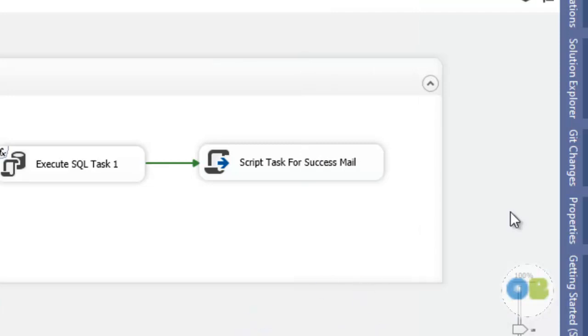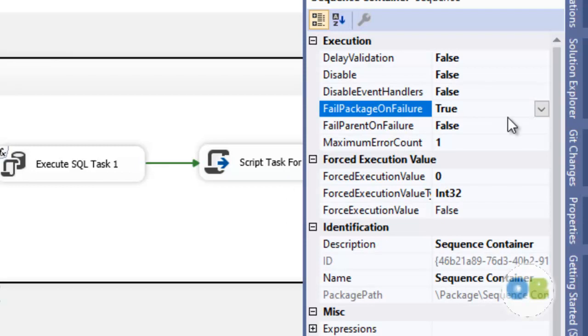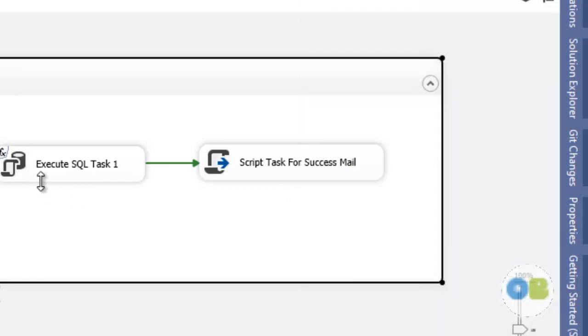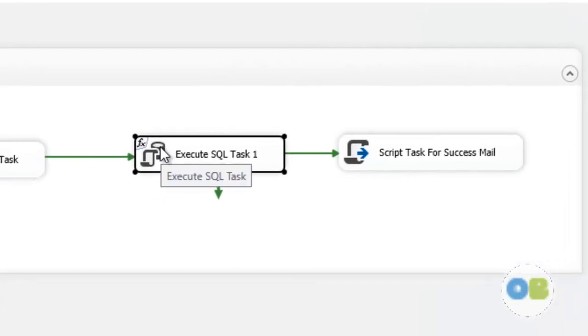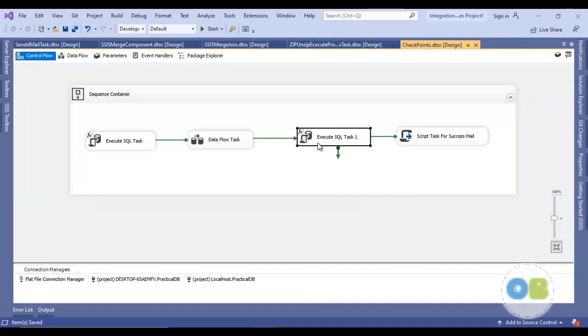So what will happen with that property? If I make that property true, it means that if any component fails, suppose this component fails here, then automatically it will fail the package also. If my package fails, automatically the XML file will be created, and in that XML file all the package information will be written.